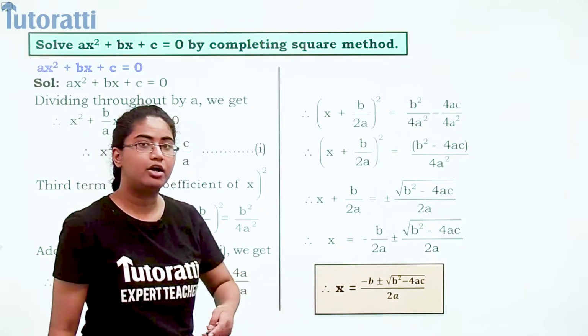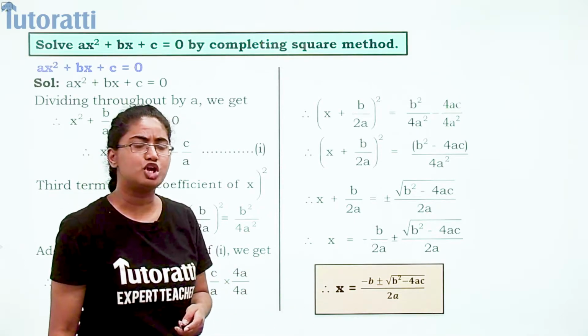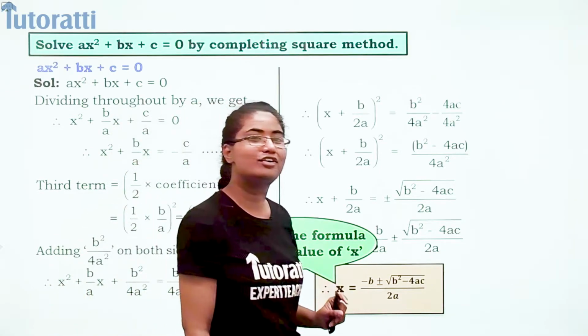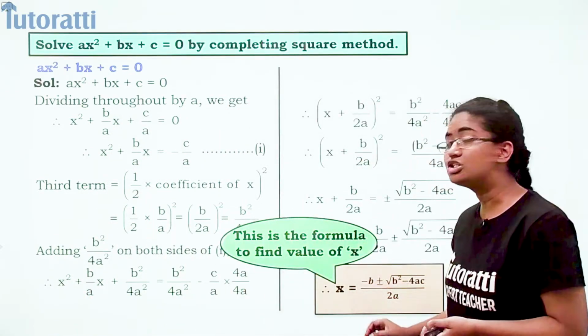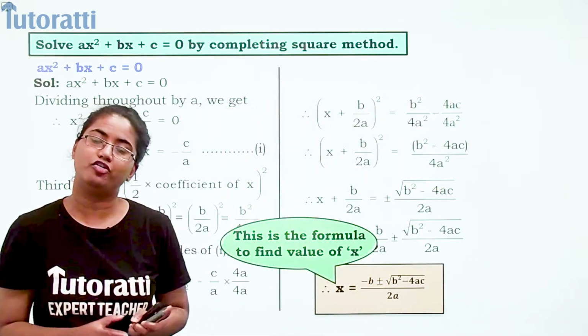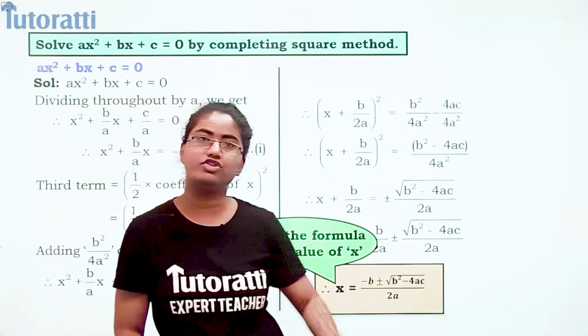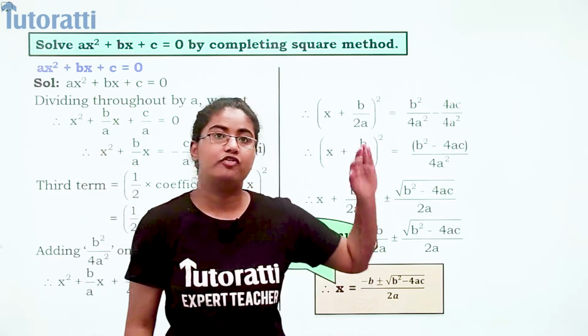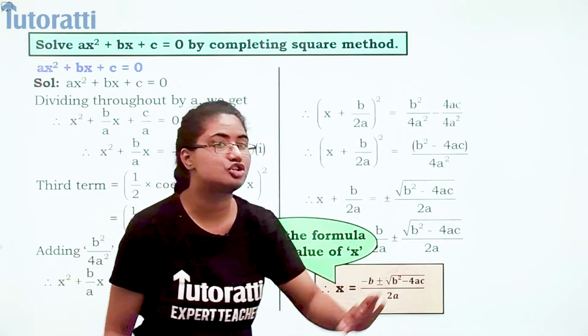What has this become? Formula of some sorts. This is your formula method. So basically you're going to remember this formula to solve the next section of the chapter. So what we are going to do is, we will remember this formula and then solve sums